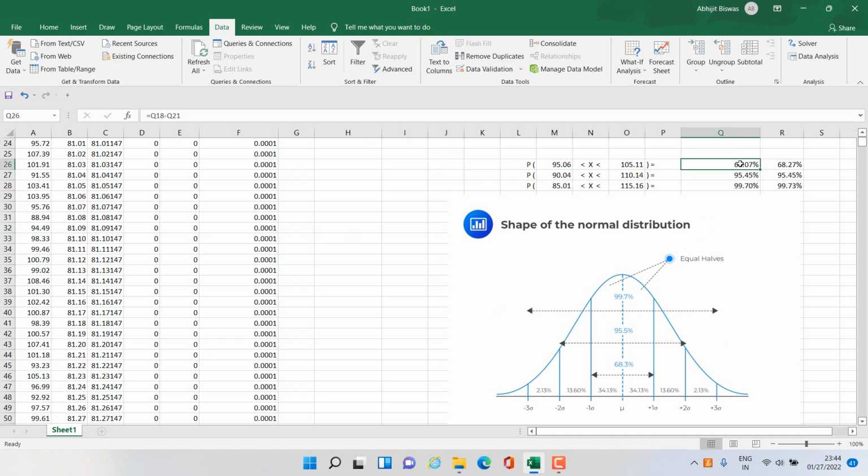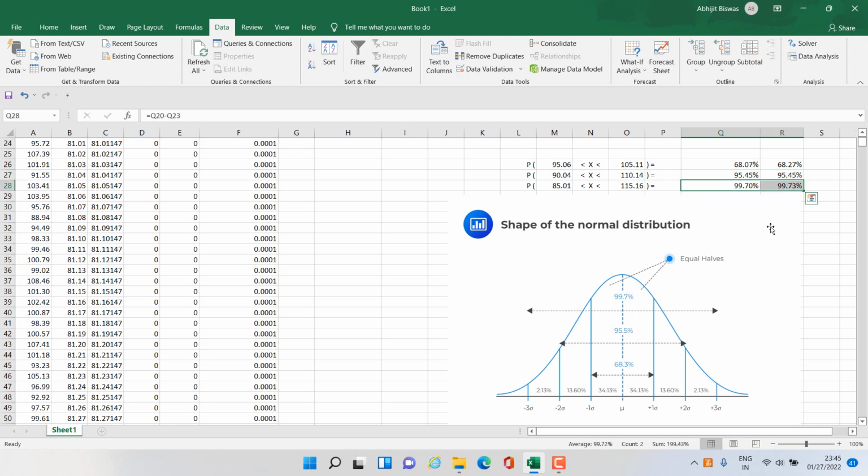So that's what we are basically getting, roughly 68.3%, right? And mu plus minus 2 standard deviation should be equal to 95.5%. Here mu plus minus 2 standard deviation is basically giving 95.45%, very very close, right? And mu plus minus 3 standard deviation should give us 99.7%. So here also we are getting a very close number,